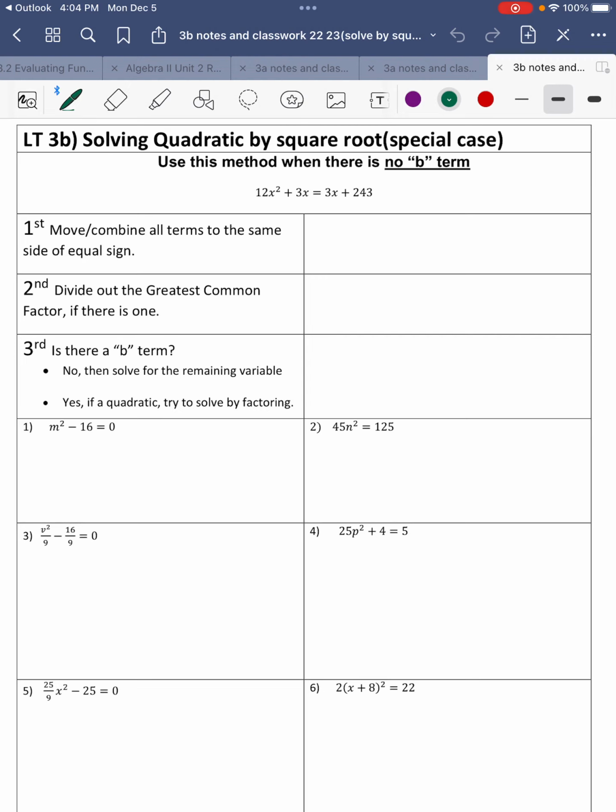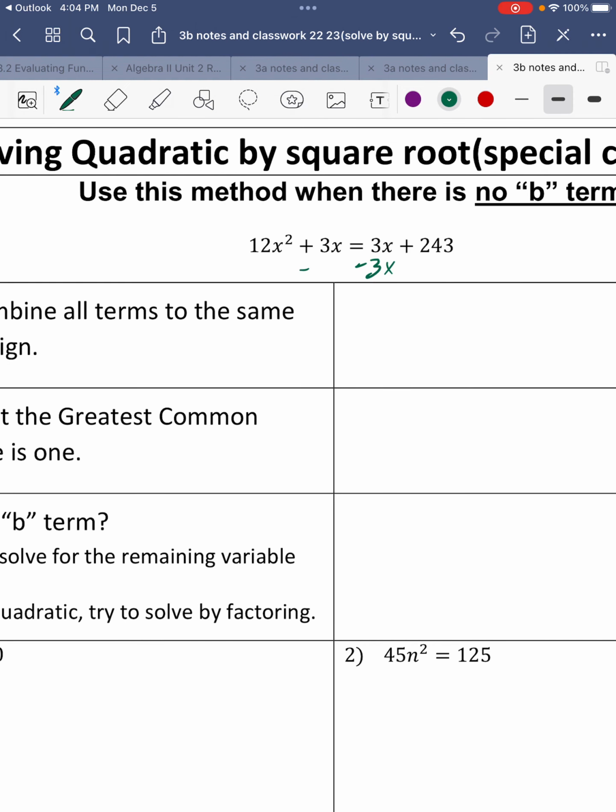We're going to move all the terms to the same side of the equal sign. The first thing I do is subtract 3x. We've got like terms. It becomes 12x squared equals 243. I'm going to subtract 243. And at this point,